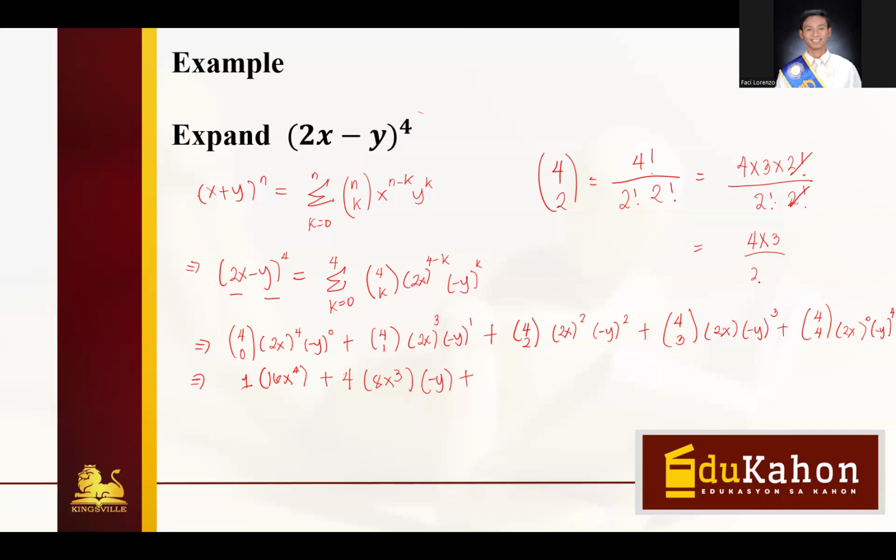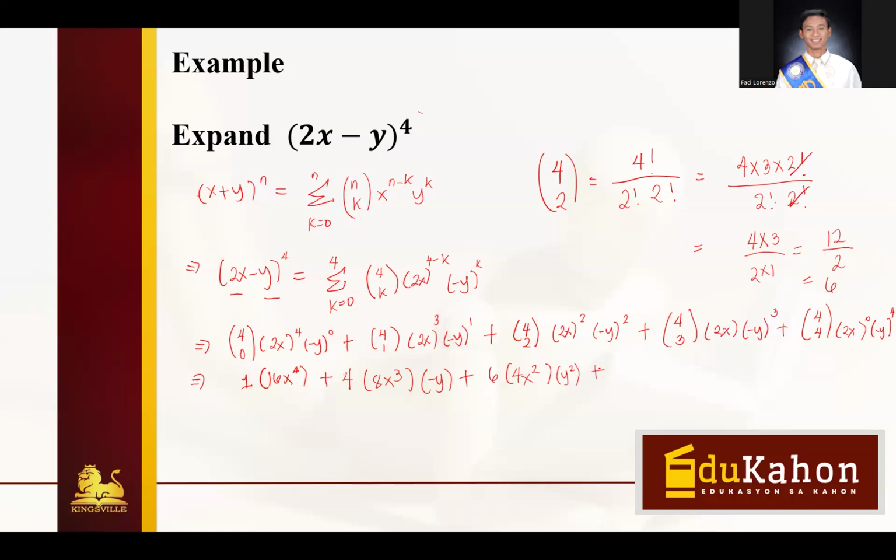And 2 factorial stands for 2 times 1. So 4 times 3 is 12. And 2 times 1 is 2. So meaning 12 divided by 2 is positive 6. Okay? So 4 taken 2 has a value for 6. And we have 2x squared. And 2x squared is just 2 times 2, that is 4. And x times x, that is x squared. Multiplied with the value of negative y squared. We know that if we try to multiply negative by negative, this is positive. So this will become positive y squared.